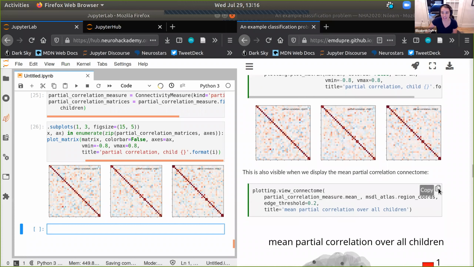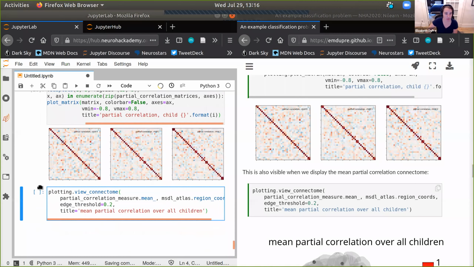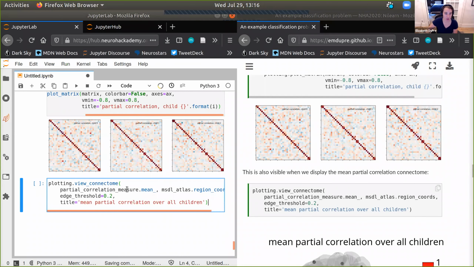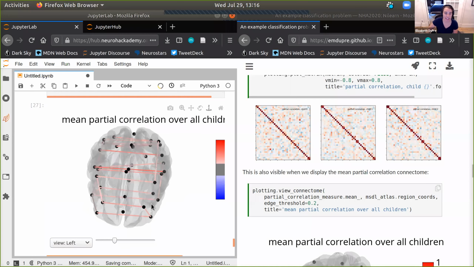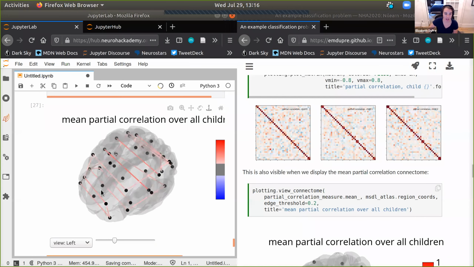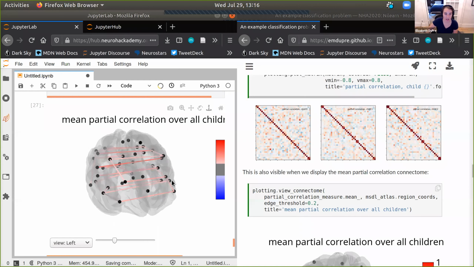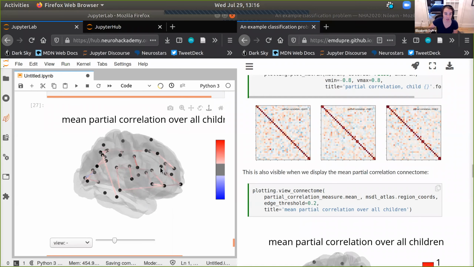But first, let's just go ahead and see what it looks like on the brain, because that's always fun. If we do exactly what we did before, now the only difference is we have this partial correlation. We're still going to do the dot mean underscore, and we just go ahead and plot it on the brain. It'll take just a second. Here you go. Now you can see, just like we saw in the functional connectivity matrix, compared to full correlation, it looks like there are many, many fewer connections. This makes sense. This aligns with what we would expect. And it's also just fun to see it on the brain and see what it looks like.